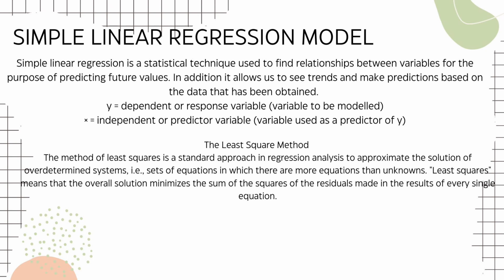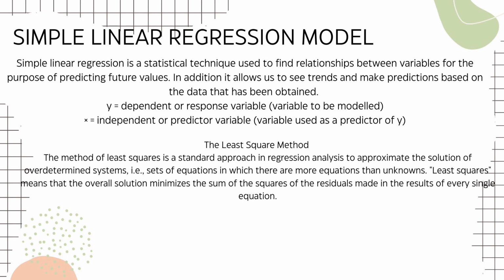The least square method. The method of least squares is a standard approach in regression analysis to approximate the solution of overdetermined systems. For example, sets of equations in which there are more equations than unknowns. Least squares means that the overall solution minimizes the sum of the squares of the residuals made in the result